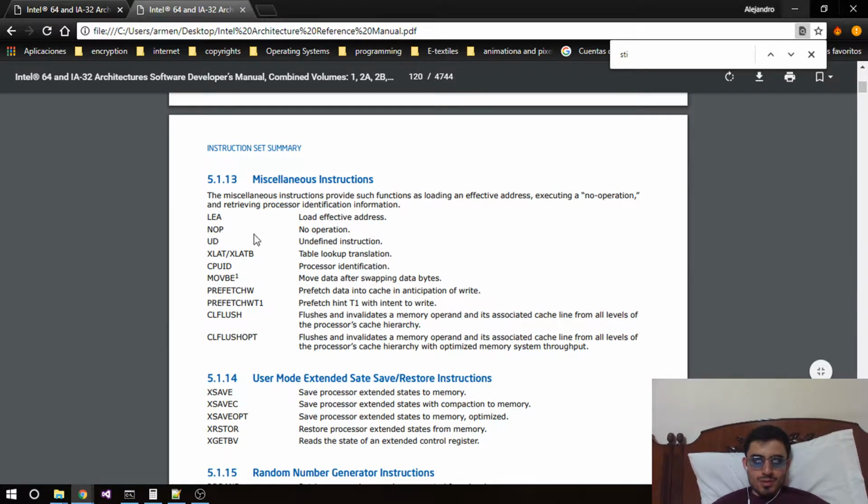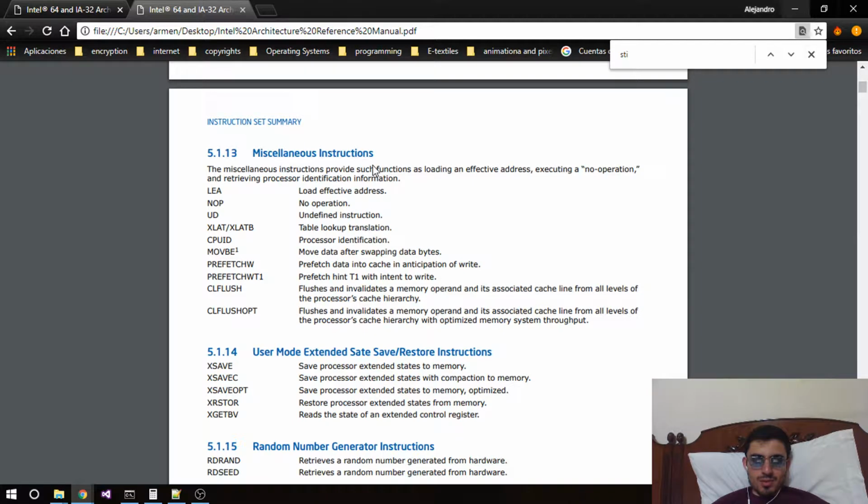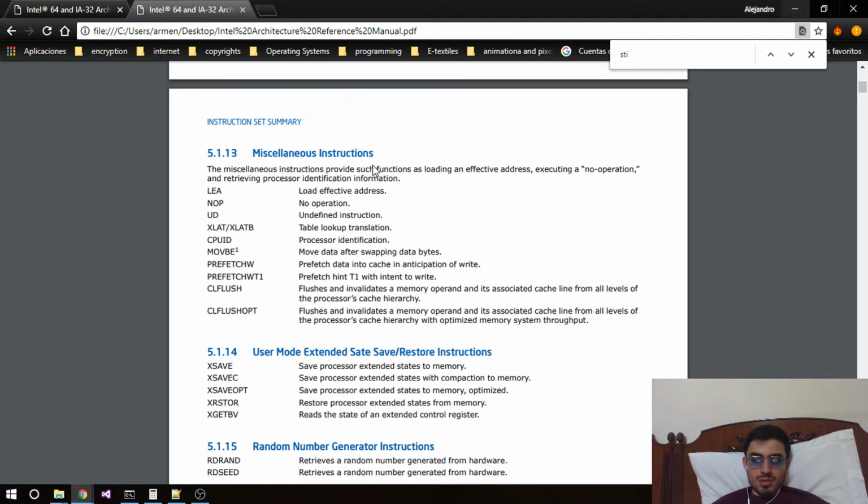No operation, that's nice. Undefined instruction. There's a table lookup translation. There's a CPU ID, that's the processor identification, which is something that we need to know. We want to know